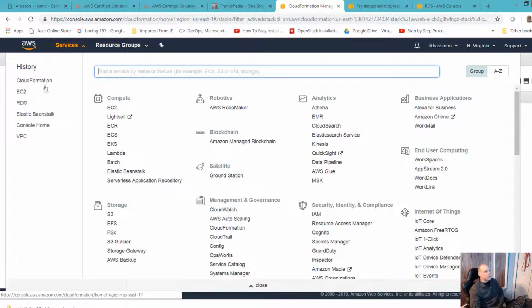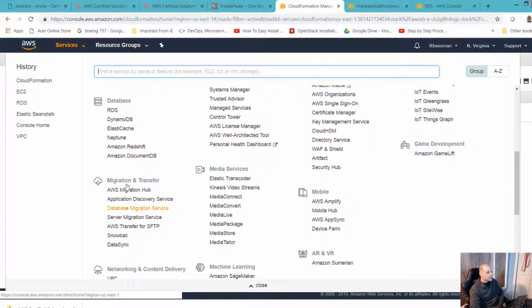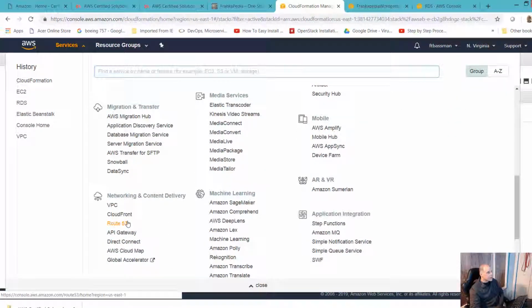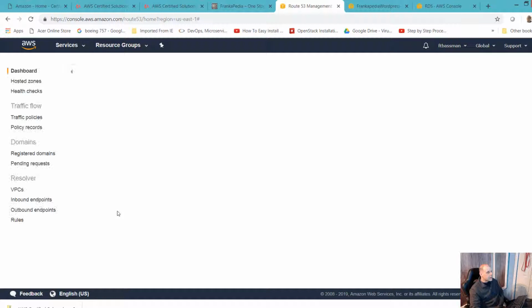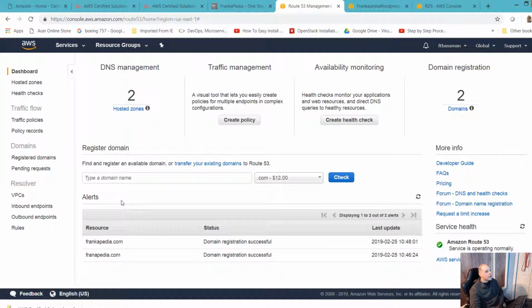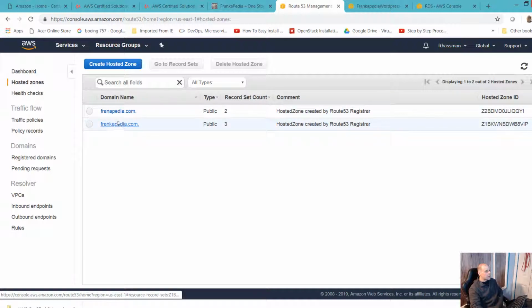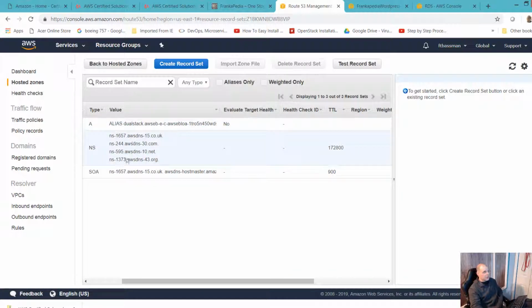I also have my own domain that I set up in Route 53, and I created a record with an alias. Somehow I ended up with Franopedia. I don't know, I made a typo.